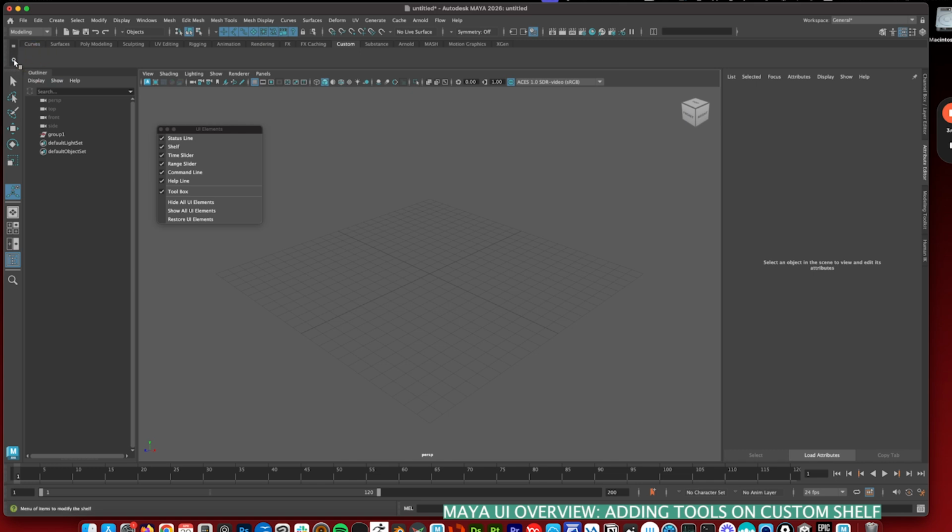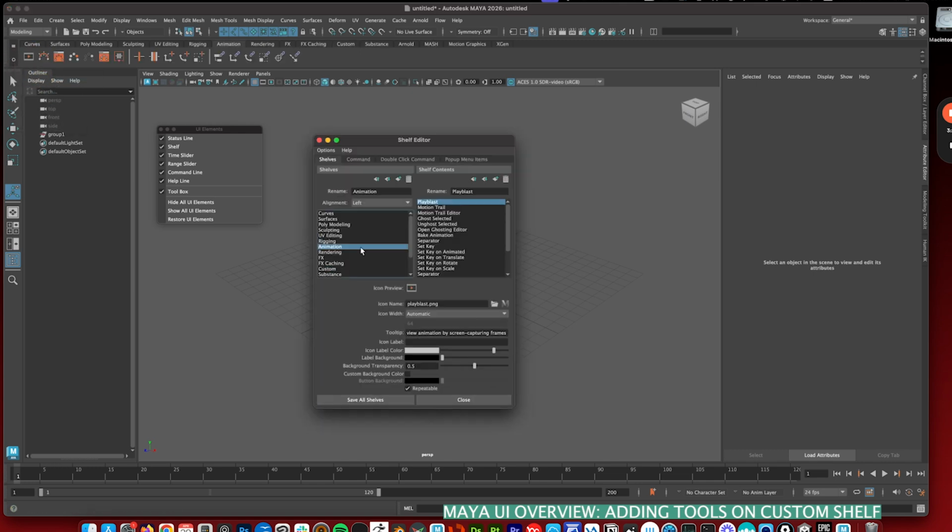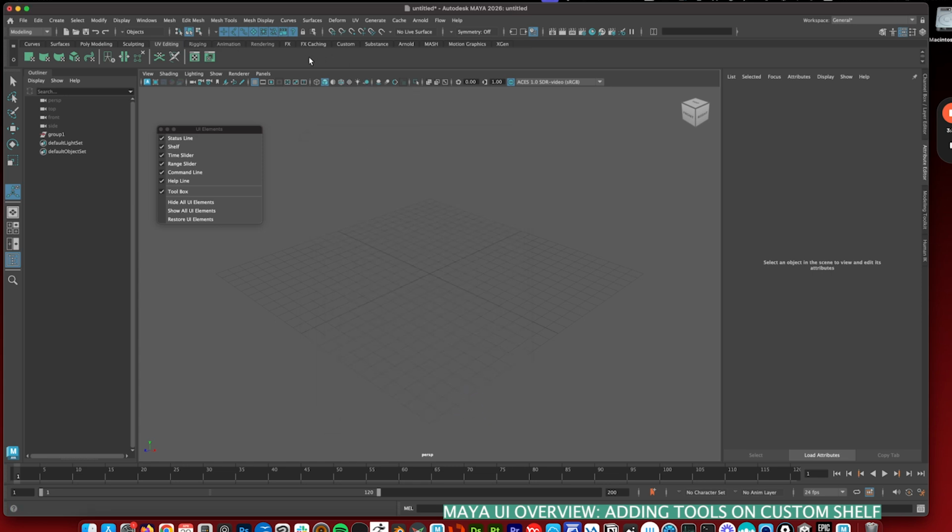Also, there is a little icon here. If you click on it, you can go to shelf editor, where you can rename shelves, change little icon previews, or move things around any way you want. It's up to you. I personally like to use custom shelf, and on my previous version of Maya, I had